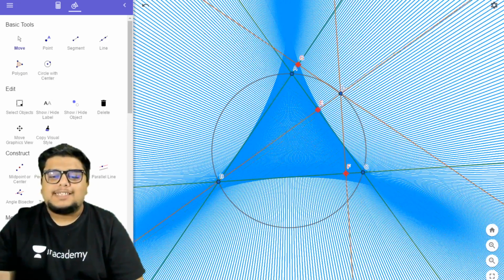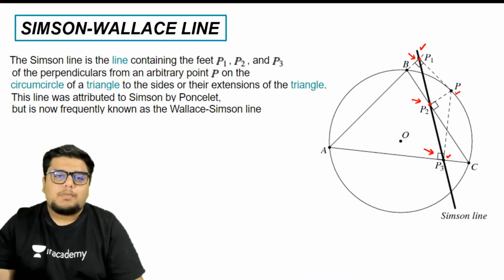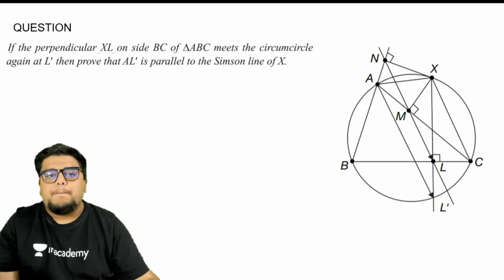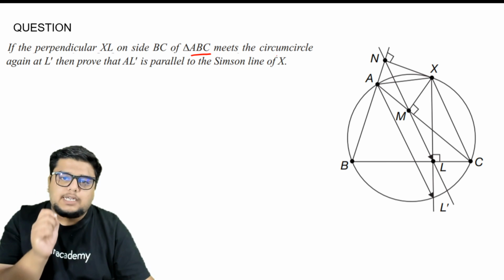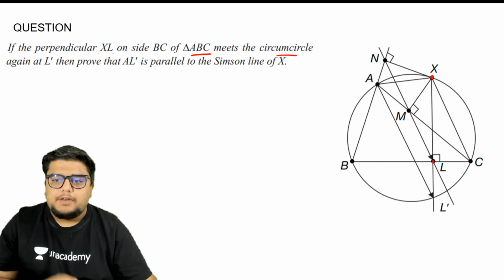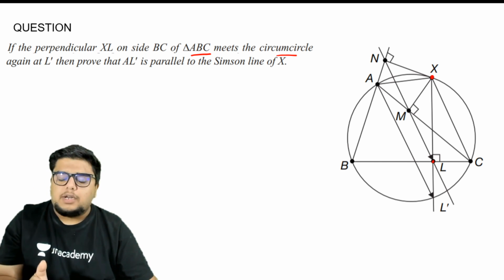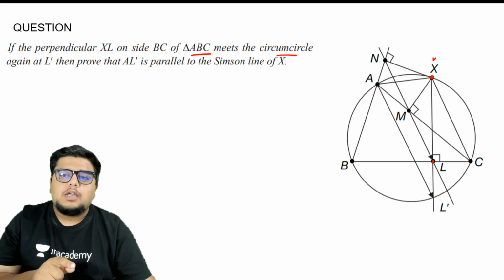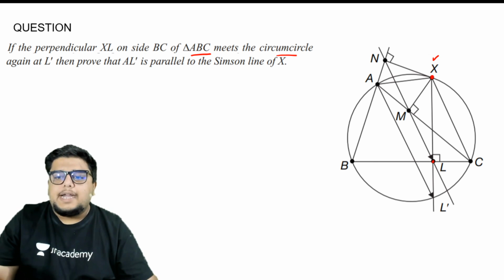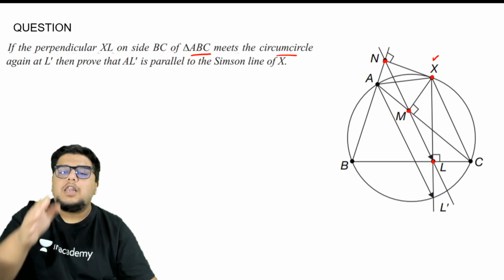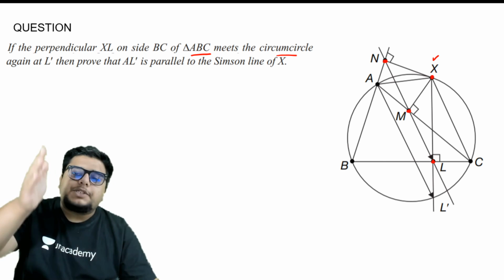question. What is the question? So the question is here. Question was, if the perpendicular XL on the side BC of the triangle ABC meets the circumcircle. So we have the line XL. XL is this line. So XL is basically the perpendicular. I am drawing 3 perpendiculars to 3 sides of the triangle from point X. X is a point on the circle and it is intersecting at point L, at point M and at point N. So N, M and L are going to be the points through which the Simpson line is going to